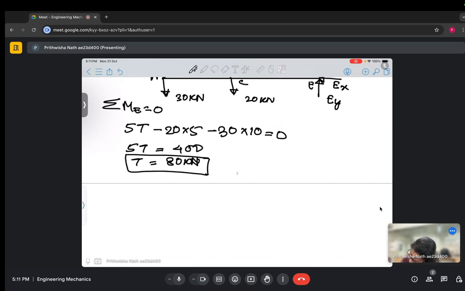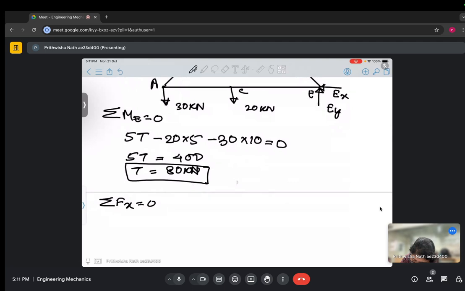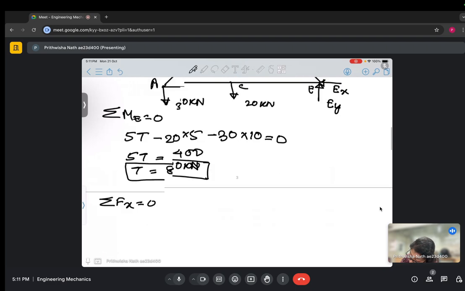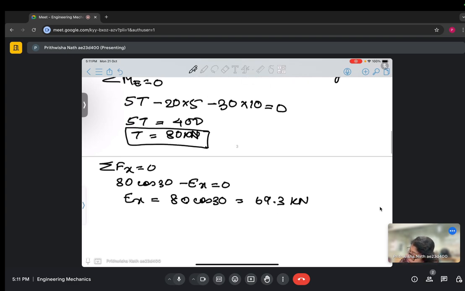So using this Ex, T cos 30, that is 80 cos 30, minus Ex equal to 0. Therefore Ex is nothing but 80 cos 30, that is equal to 69.3 kilonewton, and from Fy equal to 0,